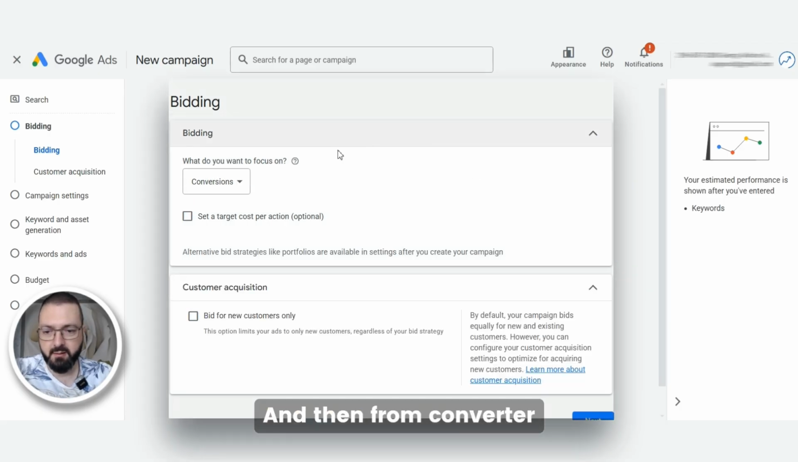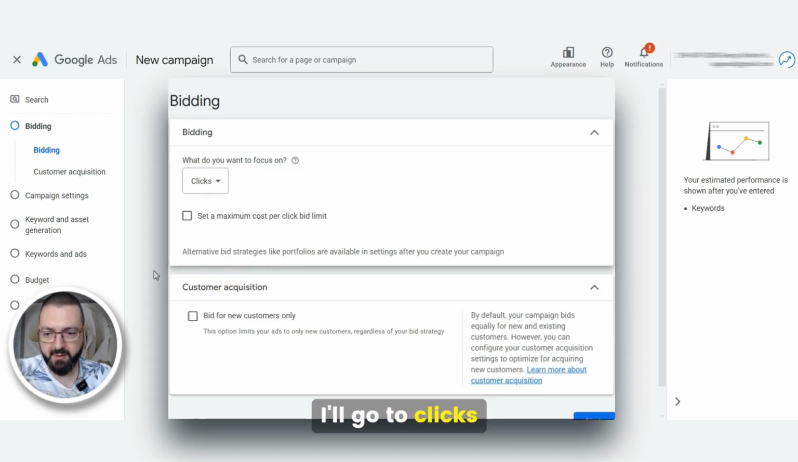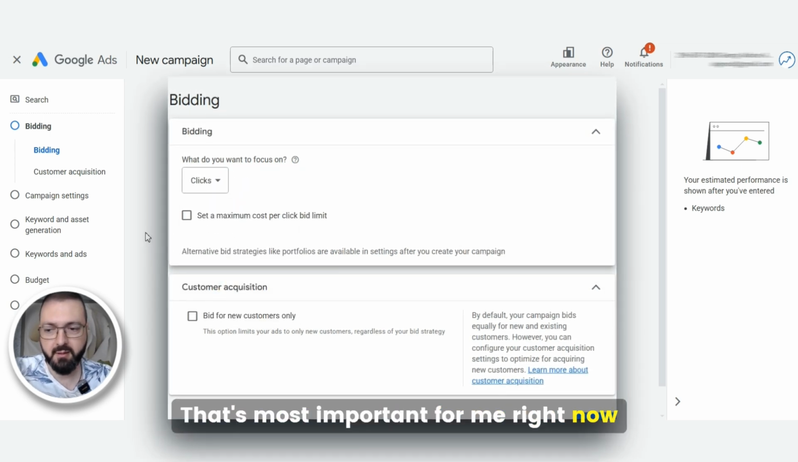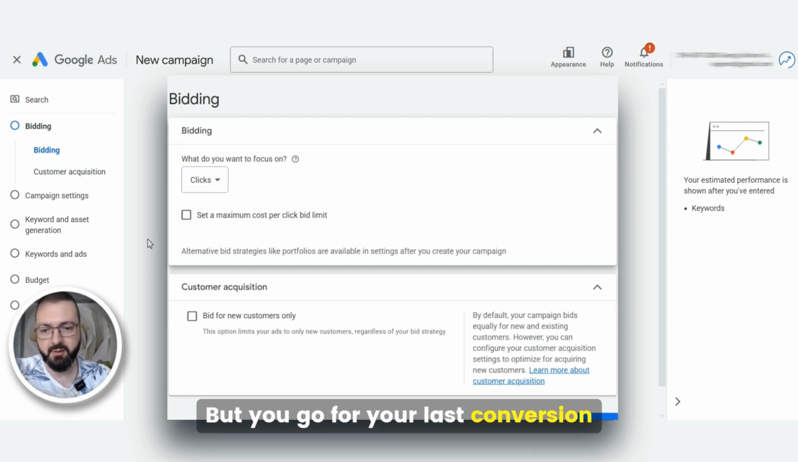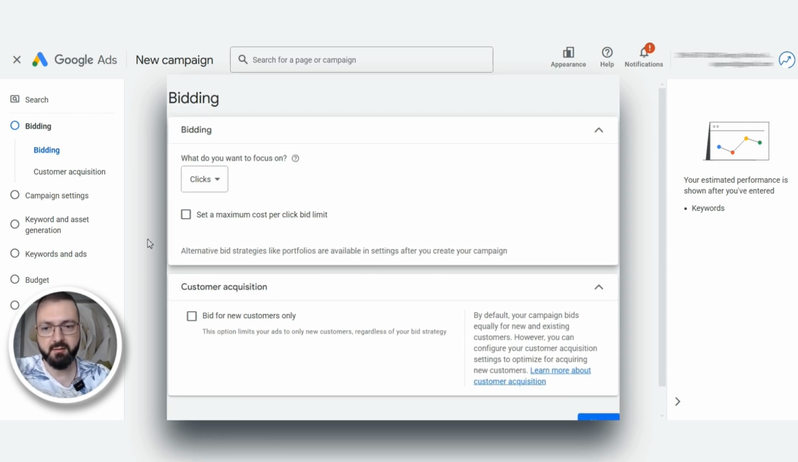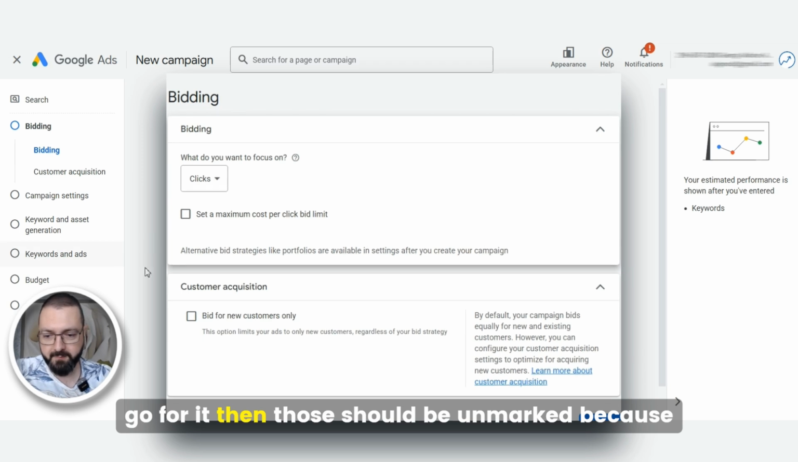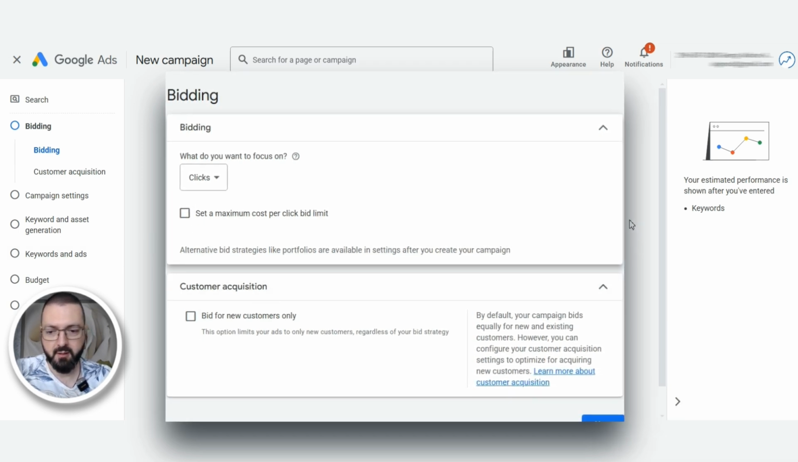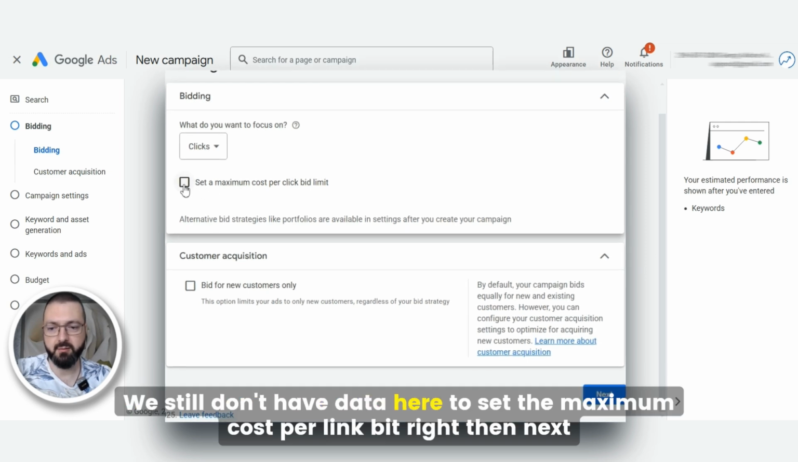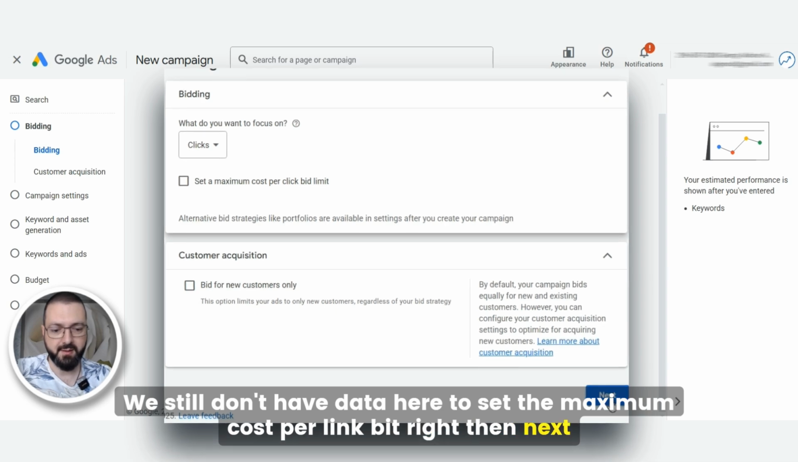And then from conversions, I'll go to clicks. All right, that's most important for me right now. But you go for your last conversion. If that's purchase or lead, go for it. Then those should be unmarked because we still don't have data here to set the maximum cost per click bid, right? Then next,